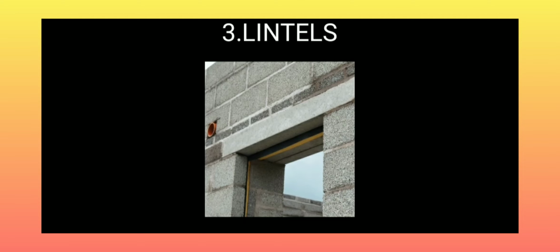And the third component of the building is lintels. It is a type of beam structure constructed above the wall opening to support the load coming over it and to transfer it safely to the side walls. The width of the lintel beam is equal to the width of the wall and the end is built into the wall. It is classified based on the materials used for construction. Horizontal lintels are easily constructed compared to arches. The types of lintels.